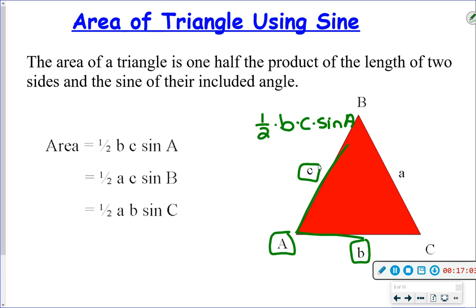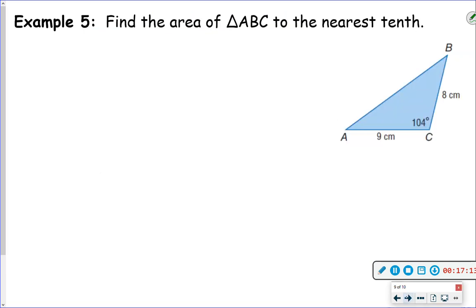It's just half times the sides times the sine of the angle that's in between the sides, the included angle. So, I know it looks crazy. When I look at this, find the area of the triangle, I'm like, okay, I'm not using base height over 2. I'm not finding the height and doing all that work. Piece of cake. It's going to be 1/2